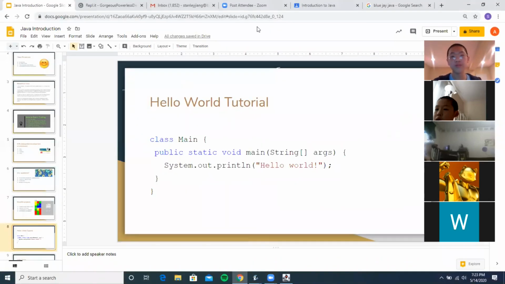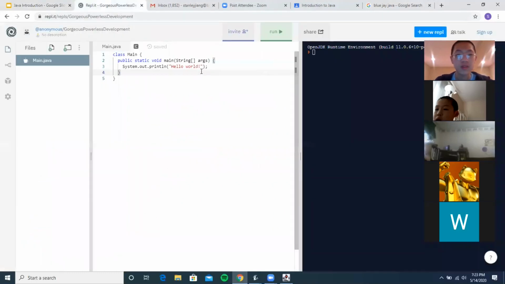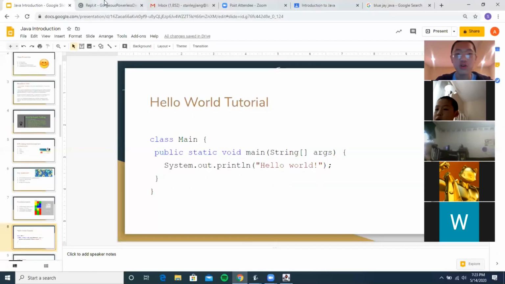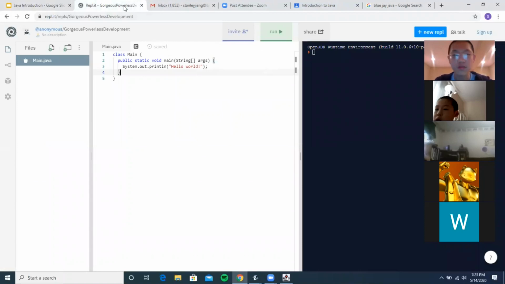So right now, I'll show you guys how to do this. You'll go to repo.it and create a project and it automatically does it for you, which is pretty nice. And when you press run, you press enter, it will say hello world. So that's what that does.